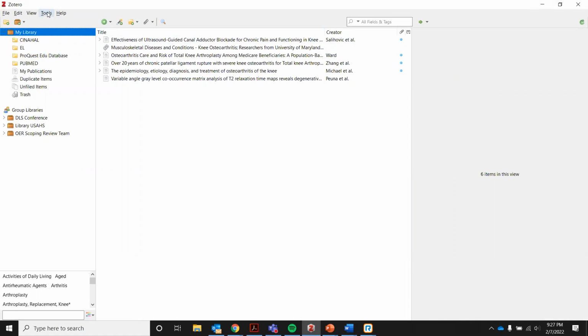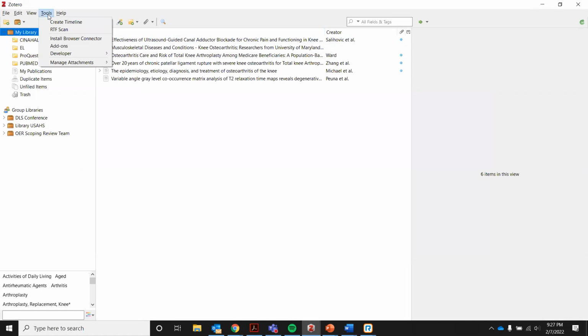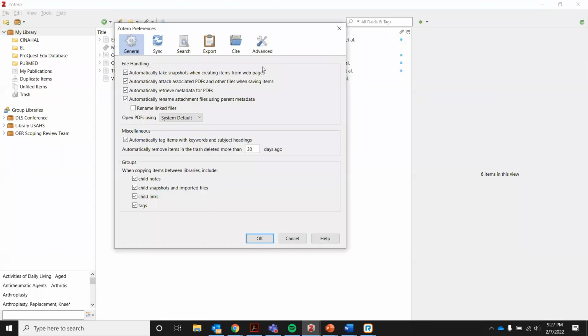And one way to do it is to go to Tools and go to Add-ons, or excuse me, Tools, and oh, I'm sorry, it's not even that, I always go to tools. It's actually Edit, Preferences. And when you hit Preferences, this work panel will come up. And to make sure that you get the Microsoft add-on, if it doesn't appear immediately, go to